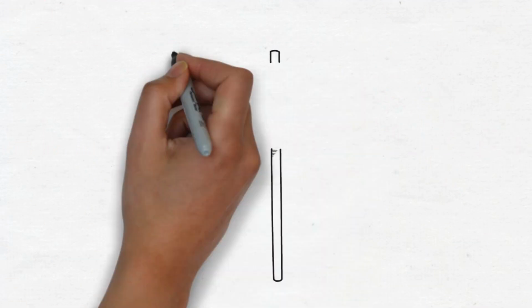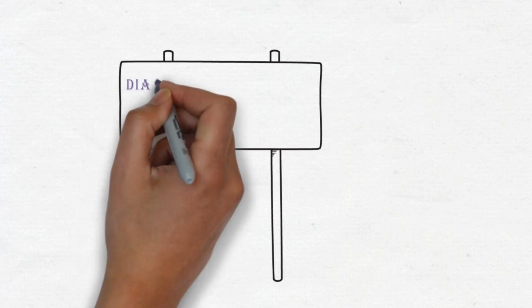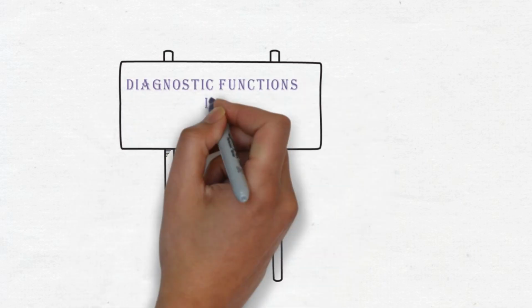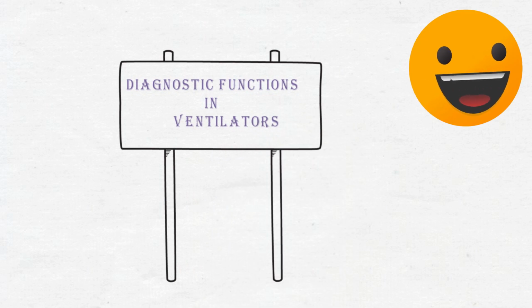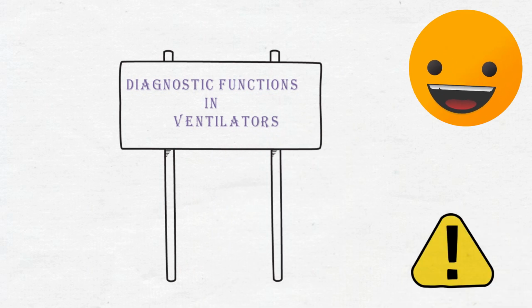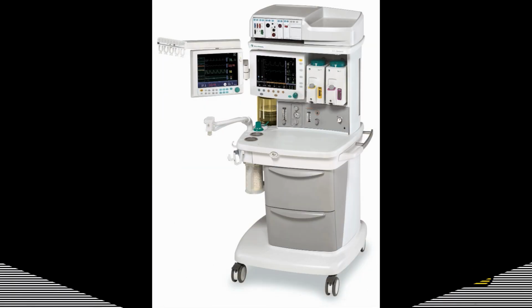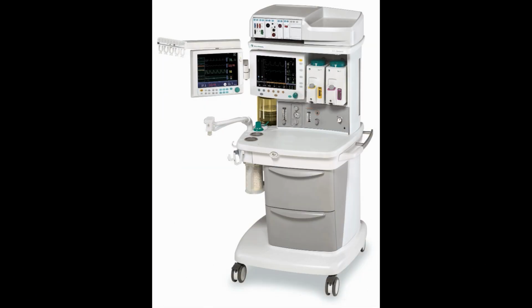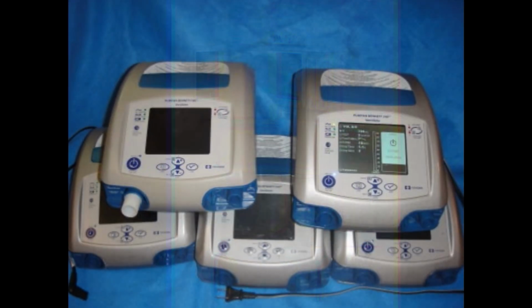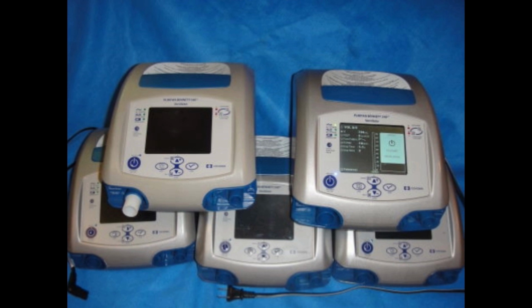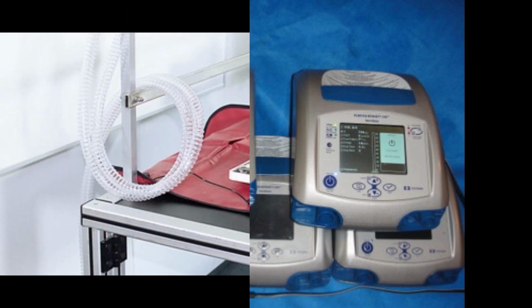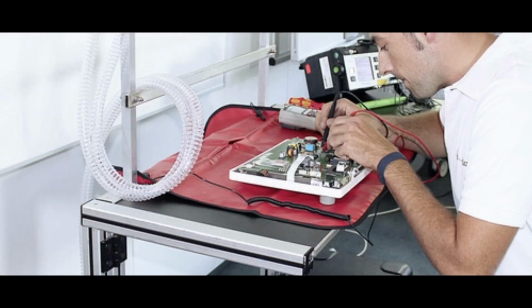Now let us see the diagnostic functions in a ventilator. Some ventilators have a self-test option, where by applying such tests the ventilator will start a self-diagnostic checkup. This checkup can aid in maintaining the machine, as it will either give an error code number that is related to a defective part in the machine, or it will tell you what to do in order to resolve some minor problems. The self-test procedure varies from one manufacturer to another, and the procedure is usually provided in the user manual of the ventilator.